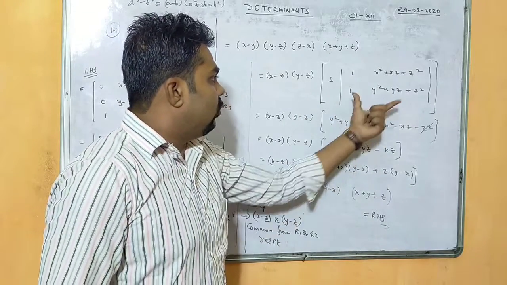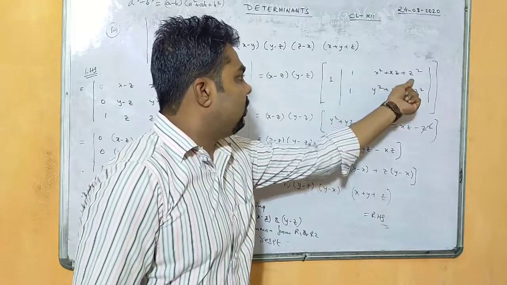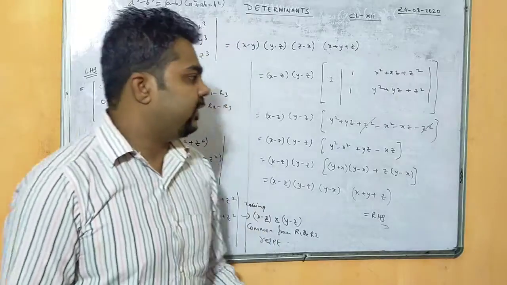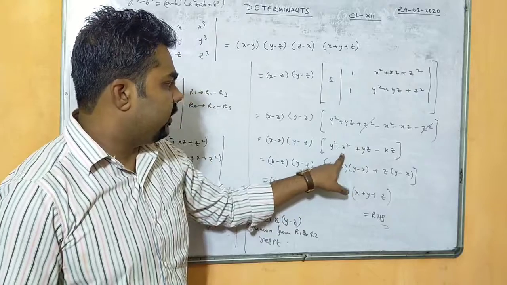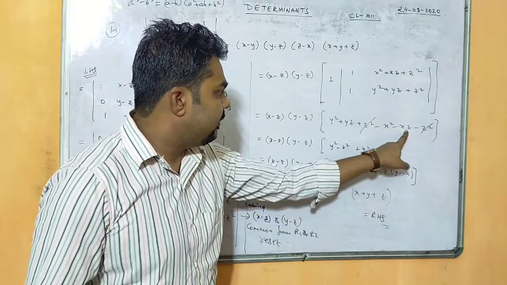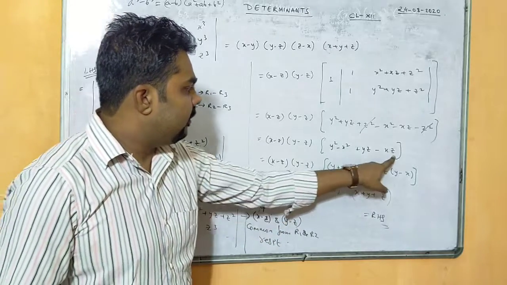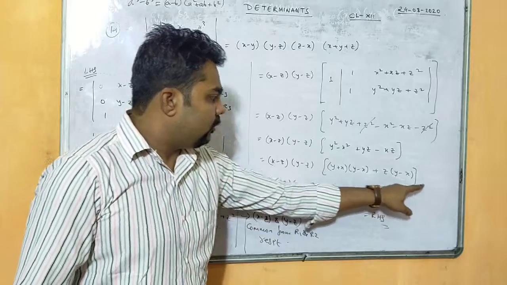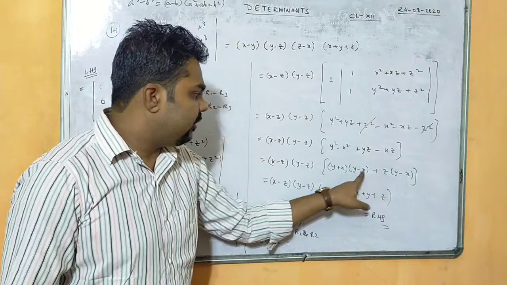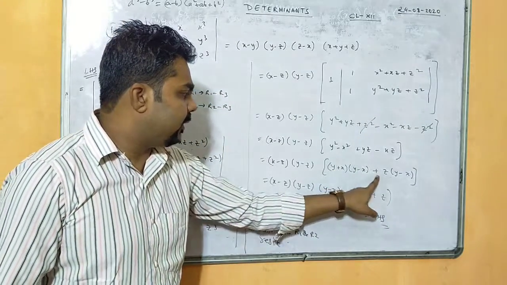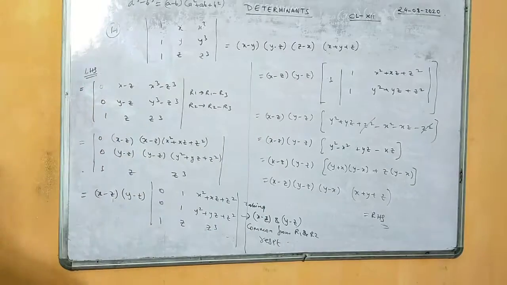So this into 1, same, minus, when you multiply by minus, all the positive signs will become negative. Now z square and z square got cancelled, so y square minus x square I wrote here, yz plus yz minus xz. So a square minus b square can be written as y plus x, y minus x, and from here z can be taken common. Now from all together what we can take common is y minus x. Once you take y minus x common, what you will get? y plus x plus z, that is x plus y plus z. So this is our required answer, that is RHS.